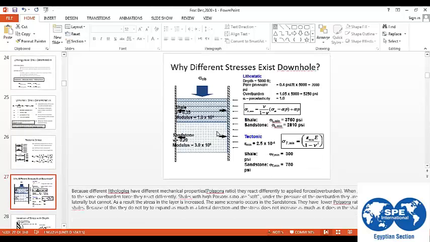We don't have a transition zone. It just changes according to the reservoir, according to rock type. So the shale has a different Young's modulus and Poisson ratio than the sandstone. We can have a transition zone if we have shaly sand or silty sand. This means we have a different type of rock, with a value for Poisson ratio and Young's modulus between the shale and sand. But if we don't have shaly sand, this means that we will have two different values directly, without any transition zone.